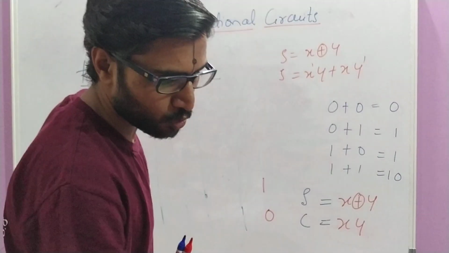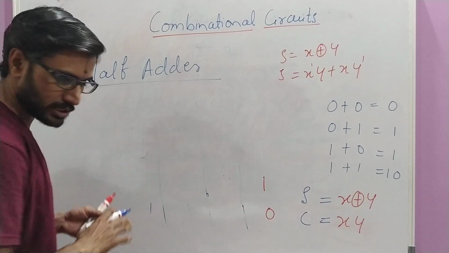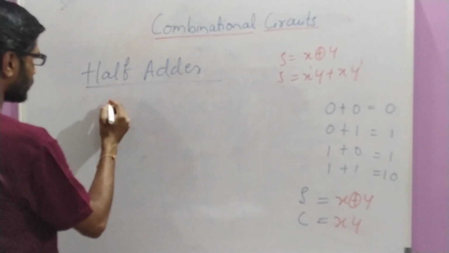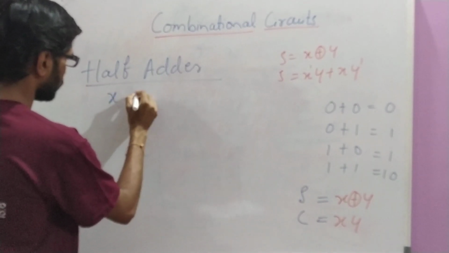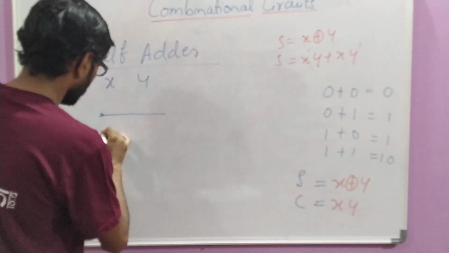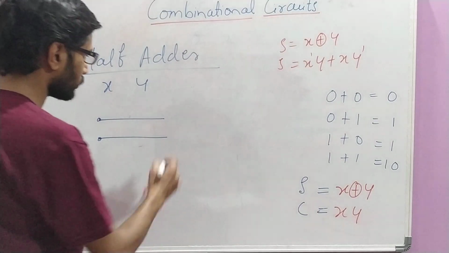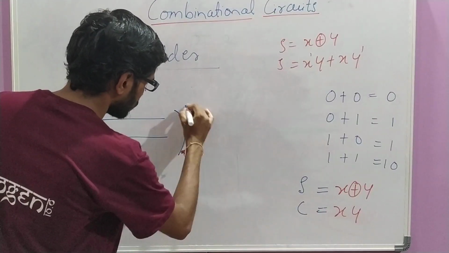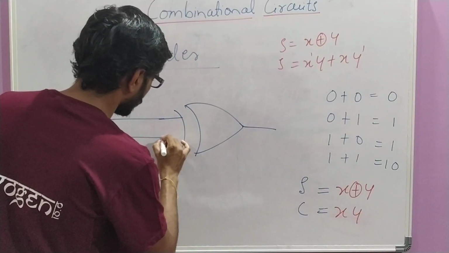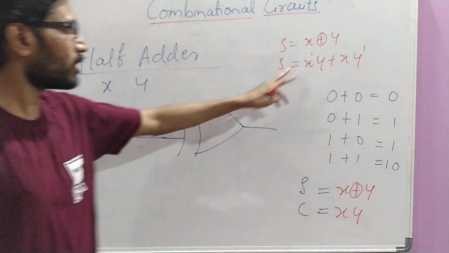So for that we are going to draw the circuit diagram very easily. We need one AND gate. Let us take the inputs x and y. Then by using this x and y, to get the sum I need an XOR gate. So the XOR symbol will be used like this. This is the XOR gate with the inputs x and y, and this completes our output for the sum.